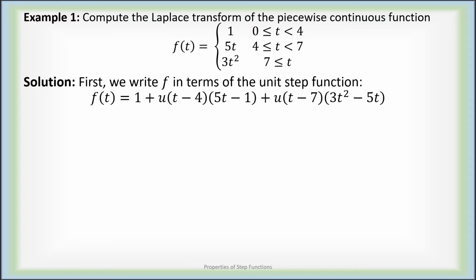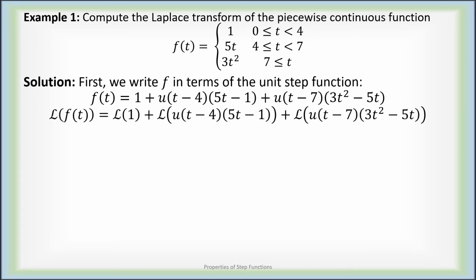So here we have it. It begins with a value of 1. At 4, we cancel out the 1 and introduce 5t. And then at 7, we cancel out the 5t and introduce 3t squared. So if I take a Laplace transform, first we simply apply linearity by distributing the Laplace transform across this sum